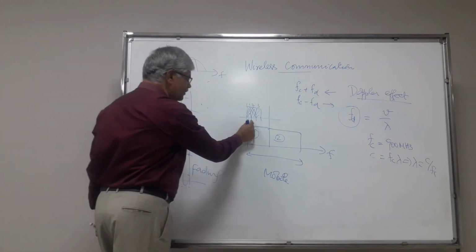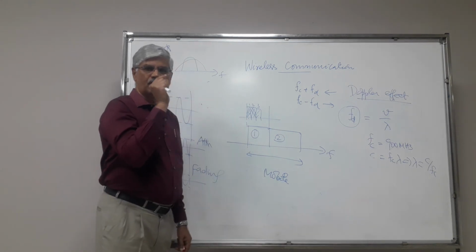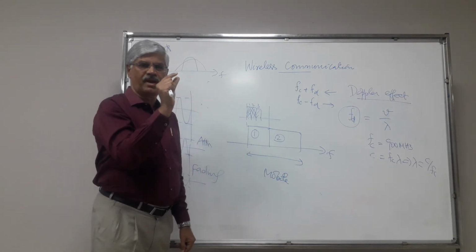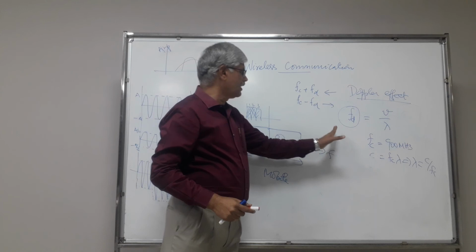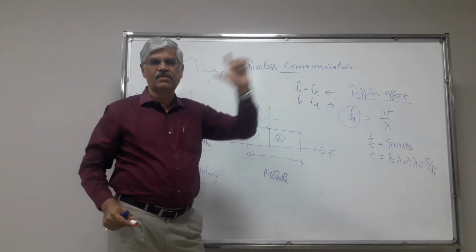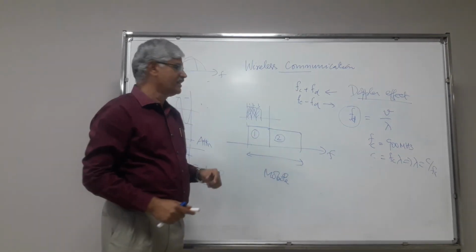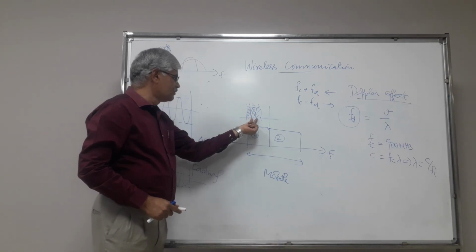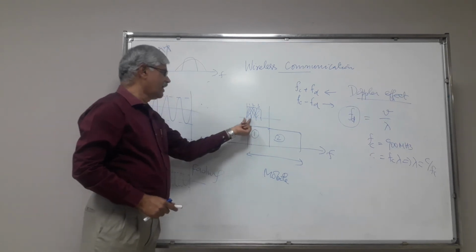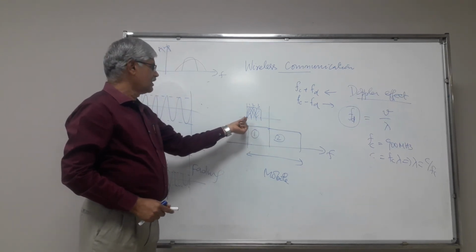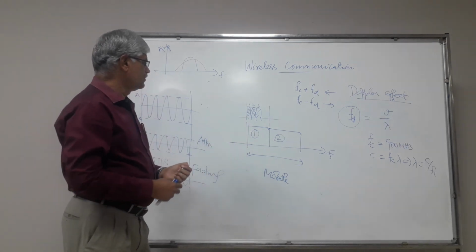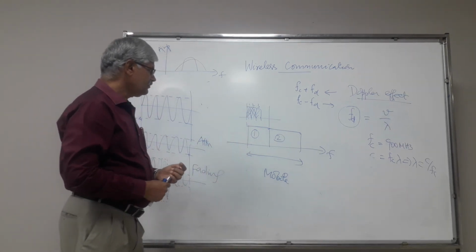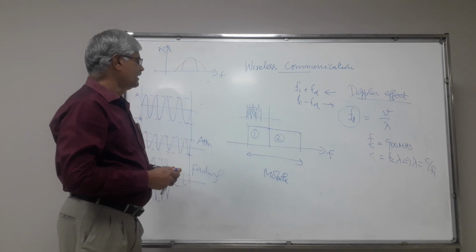When I transmit through this band, I am supposed to confine myself only to this band. From the transmitter to the receiver, I should only occupy that band. Ideally speaking it is like this, but there will be what is known as a guard band, because